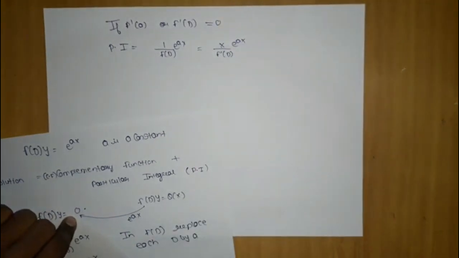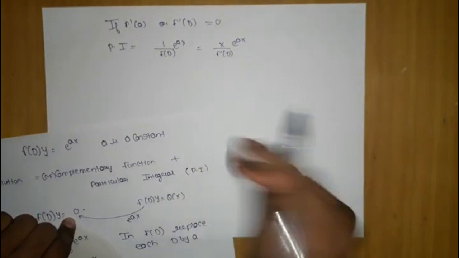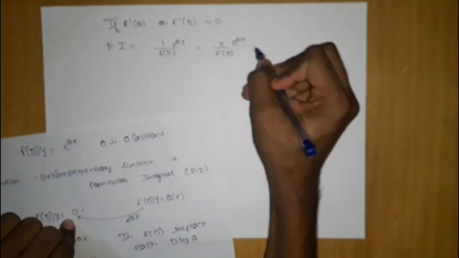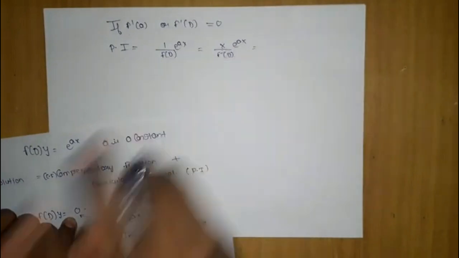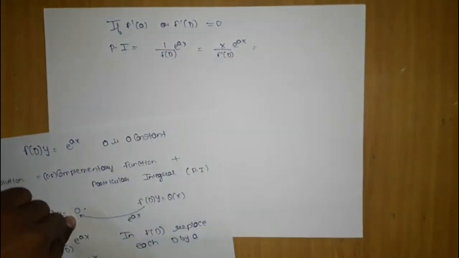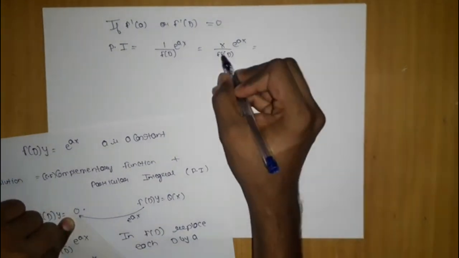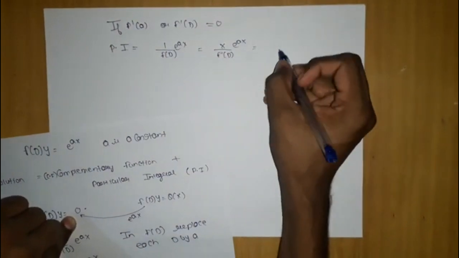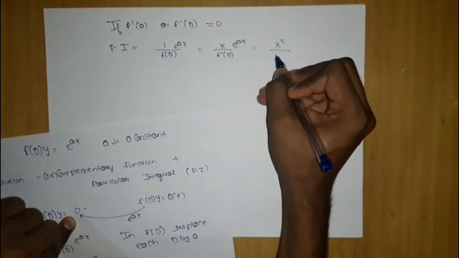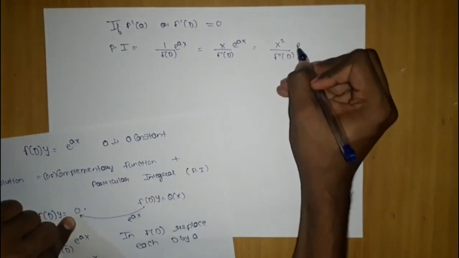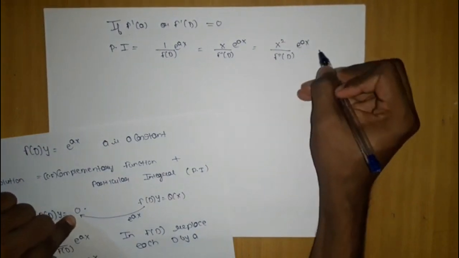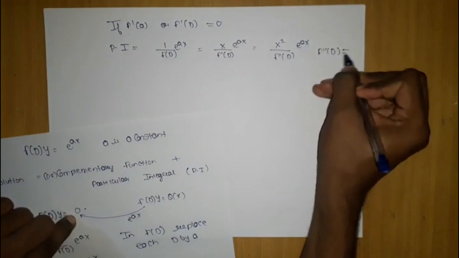Now what you have to do, you know this is again coming out to be 0. So you have to do the second derivative of this and multiply on the top by x. If you differentiate once, you multiply on the top by x; if you differentiate twice, then you multiply on the top twice. So if you are taking the second derivative, here it will be one more x, so it will become x square upon f double dash d into e power ax. Now here the condition will be f double dash d should not be equal to 0.